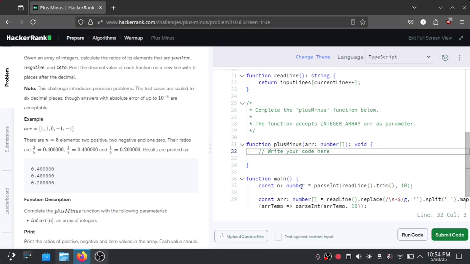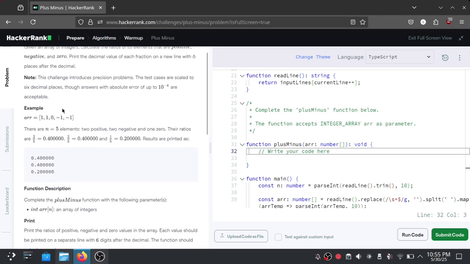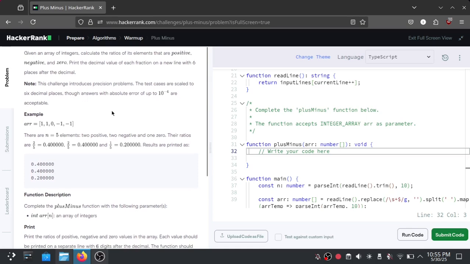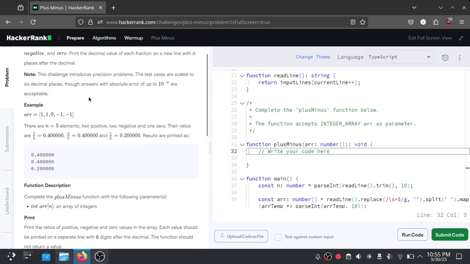We are tasked to solve an array that contains positive, negative and also zero numbers, and then we are trying to calculate the ratio inside the array. Not just that, but we are also tasked to limit the decimal precision to 6 decimal places.